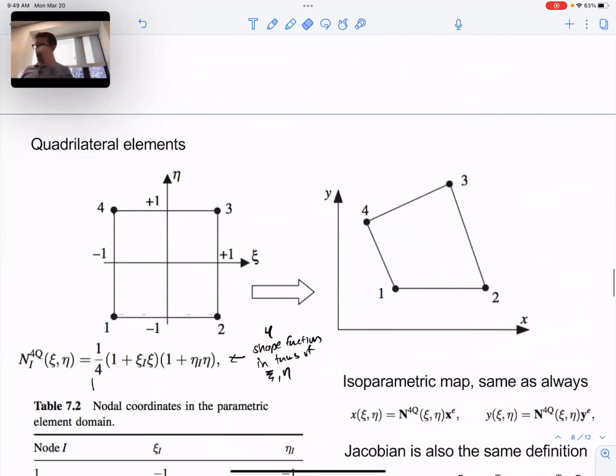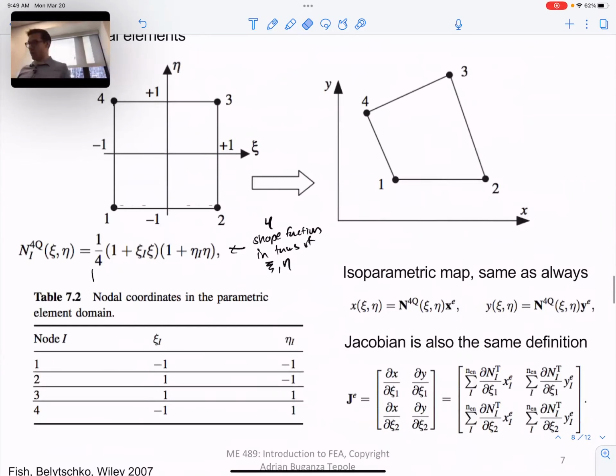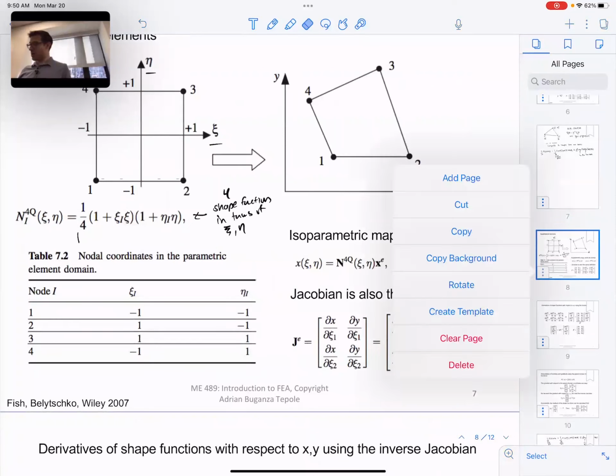So let's do the quadrilateral. I kind of alluded to it, but let's go in a little bit more detail. For this, the idea is going to be the same. So we have a quadrilateral which has 4 nodes in the XY space, and we want to map it to this psi eta space. That's what we want to do. And that psi eta space is going to go from -1 to 1 in the psi and from -1 to 1 in the eta. I already gave you this formula, but we are actually going to derive it